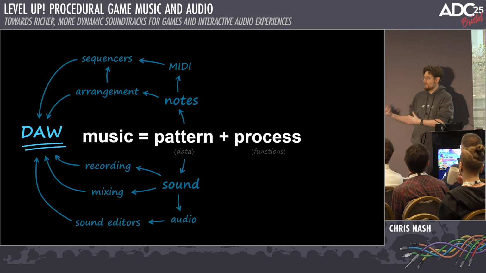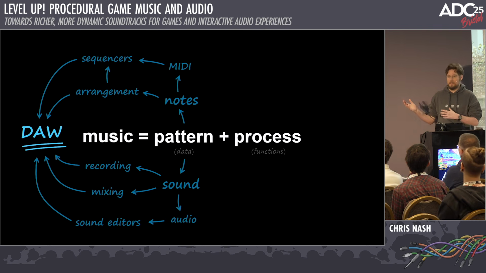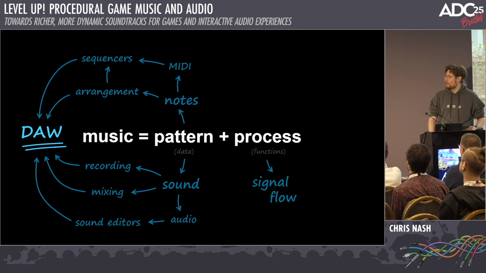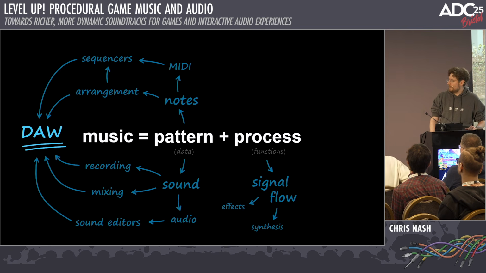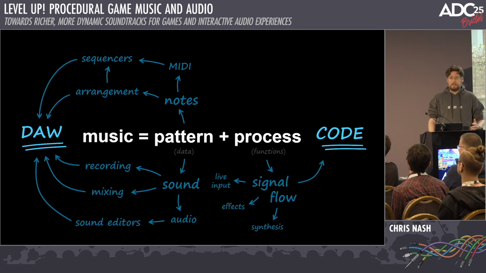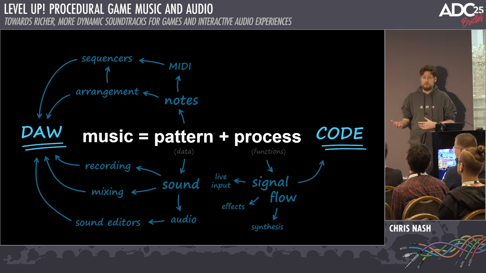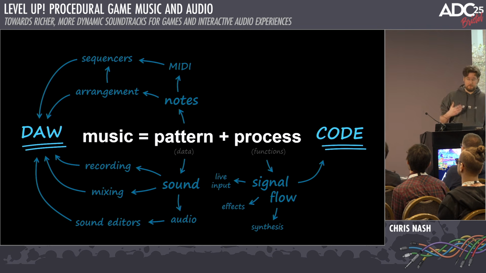So there's not enough catering for process in end-user music apps. So how do we do process as a way of expressing music? Well, on the audio side, we do have technologies for this. It's all about thinking about signal flow and coming up with data flow languages. We can do synthesis, we can do effects, and we can take live input and respond to it. And the way we interact with that is through some form of programming language, and that might be text-based, or it might be visual, graphic.